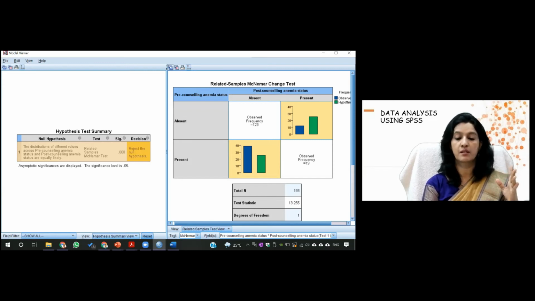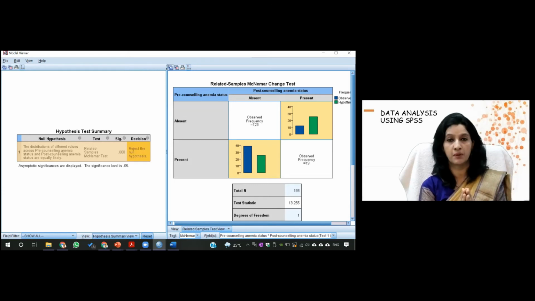Coming to this, here also anemia was present before intervention, and if you see the column, anemia was present after intervention. So this is again a concordant pair. So concordant pair has got no meaning for the McNemar test because I want to see whether there is a change in the proportion of anemia. That's why you will not see any analysis in those two tables.